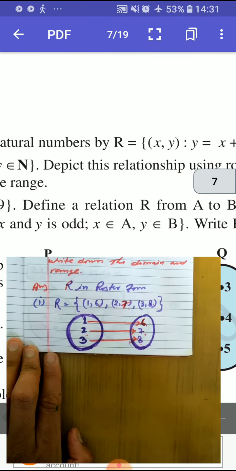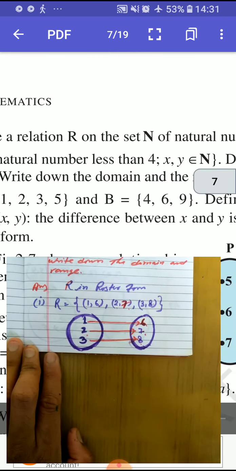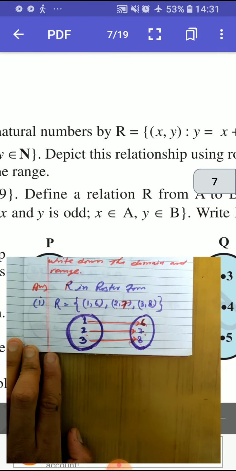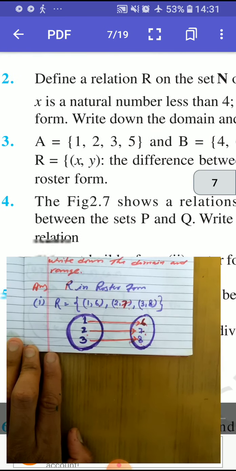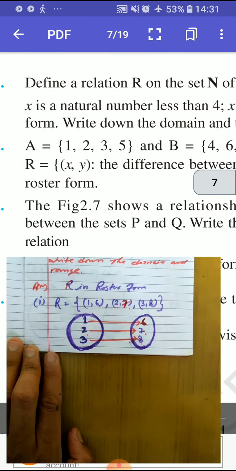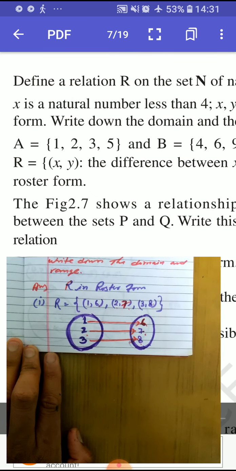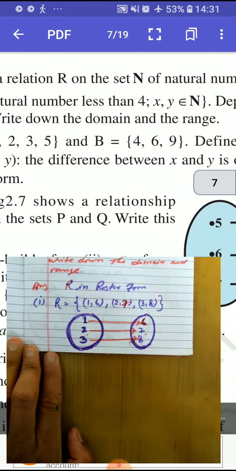You have to just write this relation in the roster form and write its domain and range. Okay,